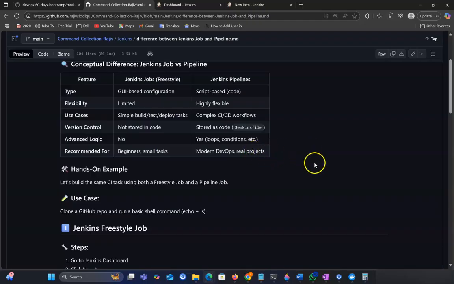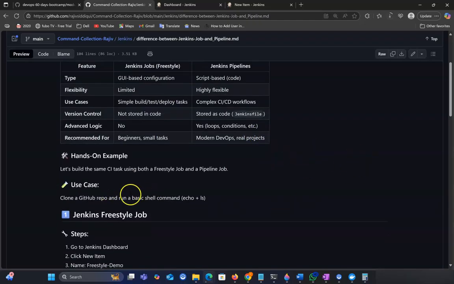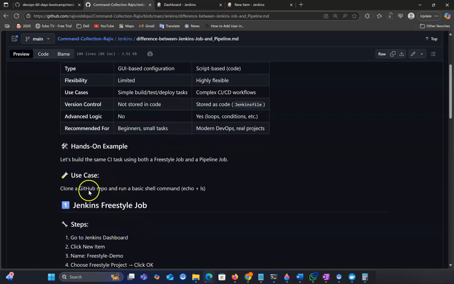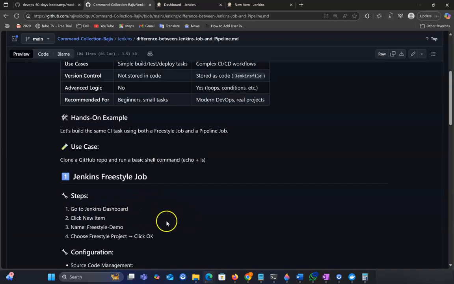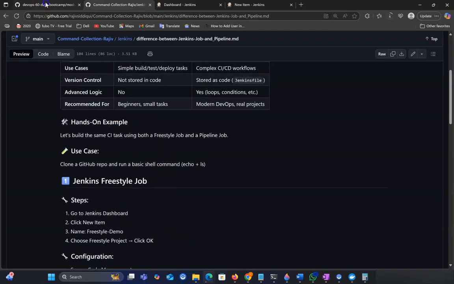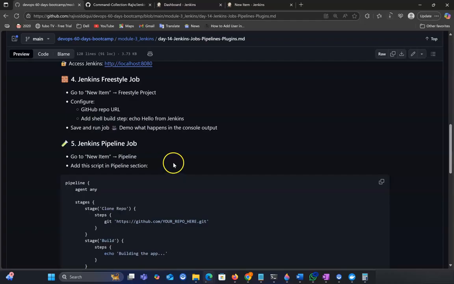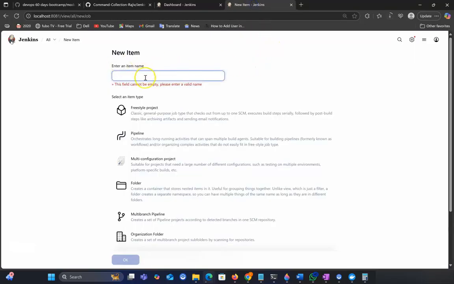use the pipeline option. So here are some steps I also mentioned for how we can use a freestyle project and how we can use a pipeline project. All things are also mentioned in this documentation. So let me now create a freestyle project first, then you can basically understand what the difference is and why and when we use it. So before we started, we already